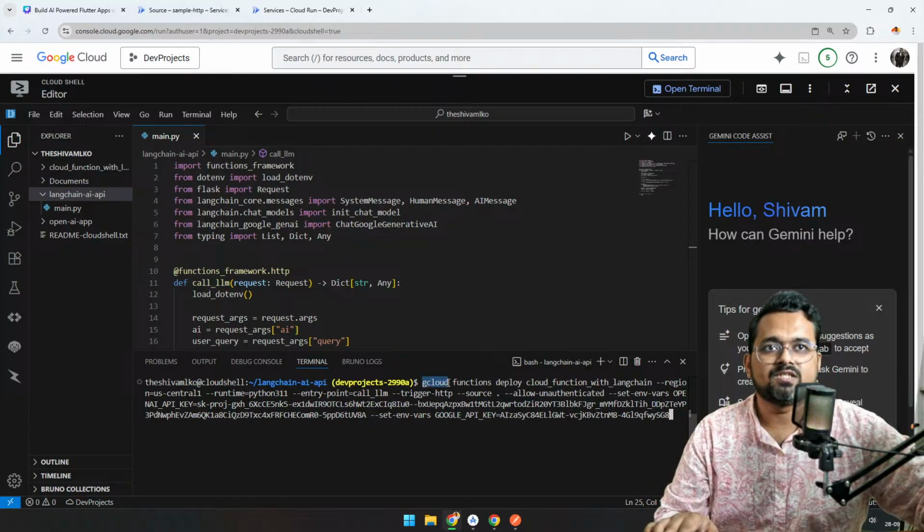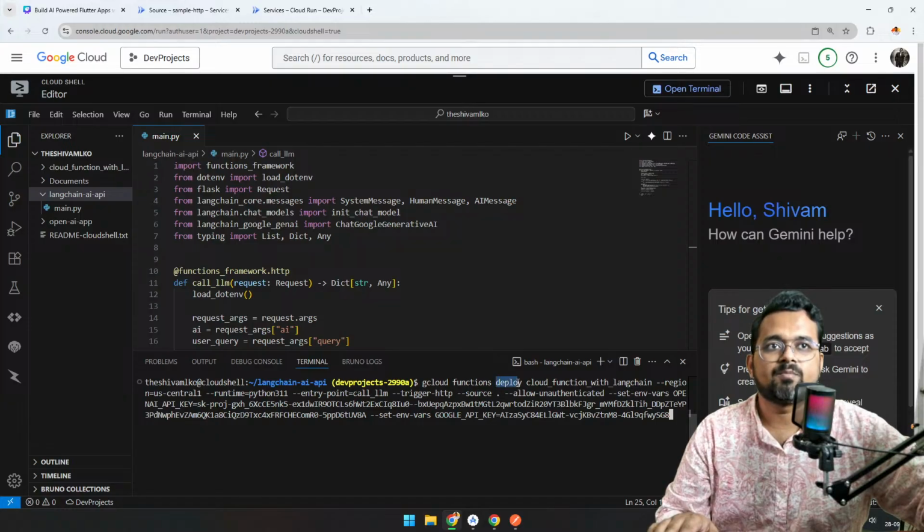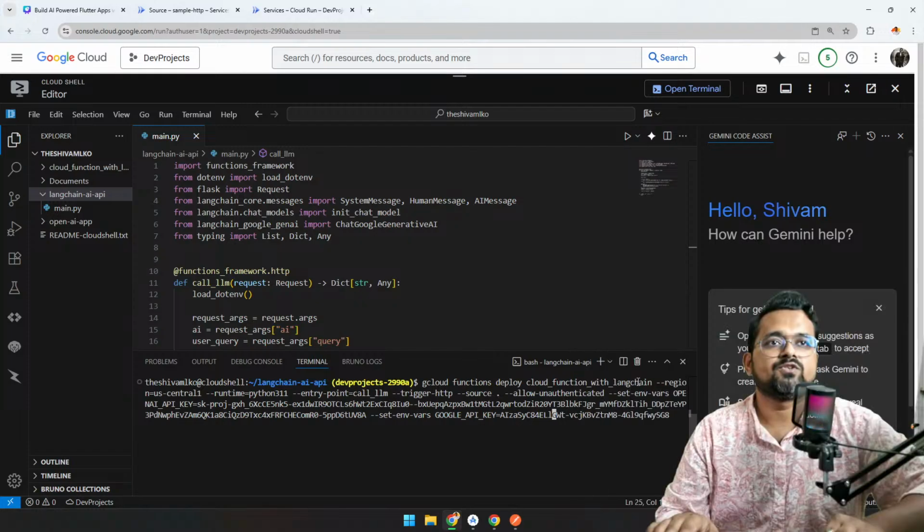So the first command is gcloud functions, because we are deploying a function. If we were deploying a Docker container, we would need to use the Docker run command. Then deploy, and our function name. Okay. So for that, we can use